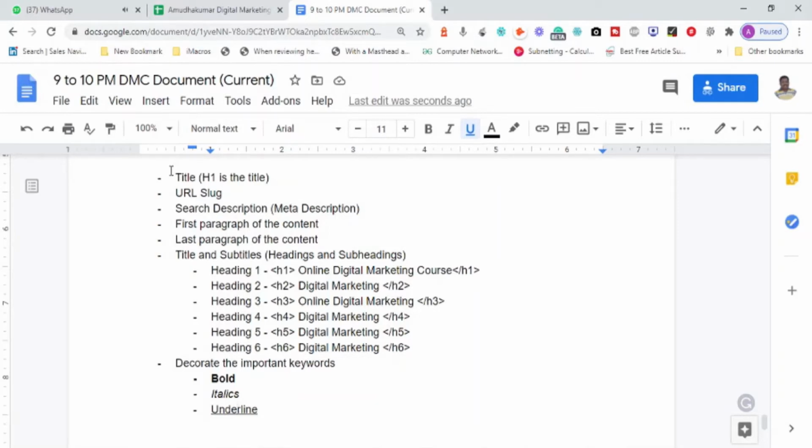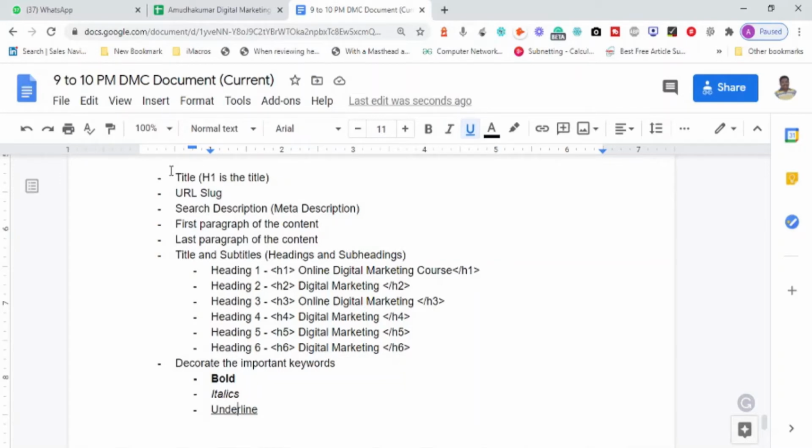Now, if you look into the screen, which is the term that you see first? Which term is catching your attention? Bold? Now, that is the purpose of this. Once you make the important terms in a thicker or bold format, people generally pay attention to that particular word. Correct. Now, generally, you need to have your focus keyword decorated with bold, italics, underline. Important terms.